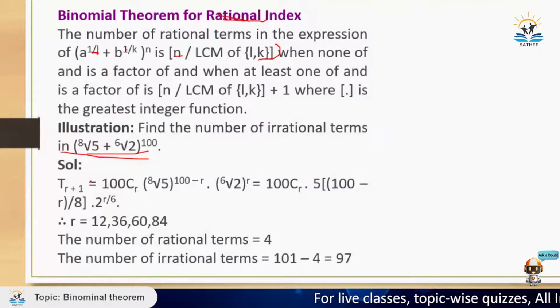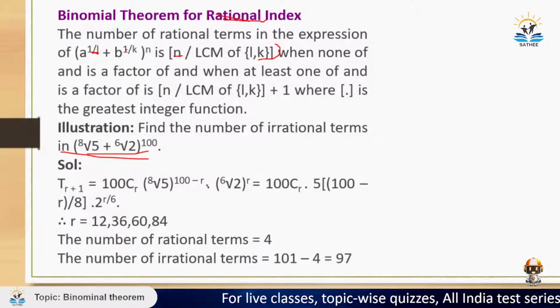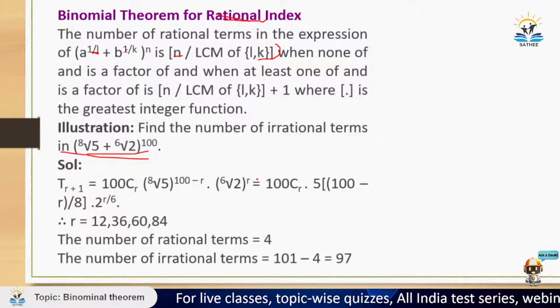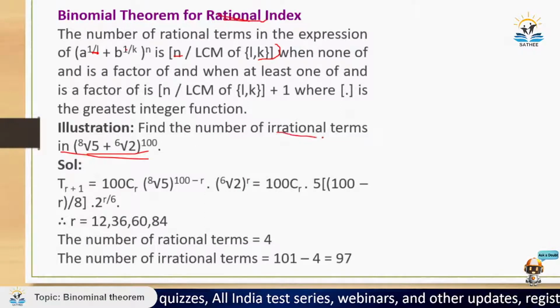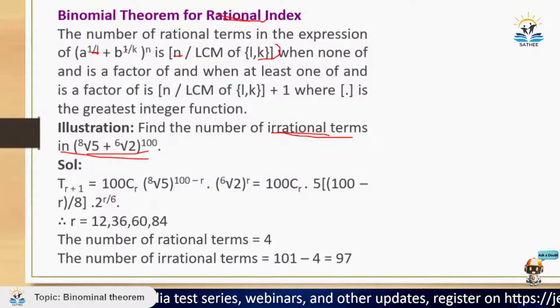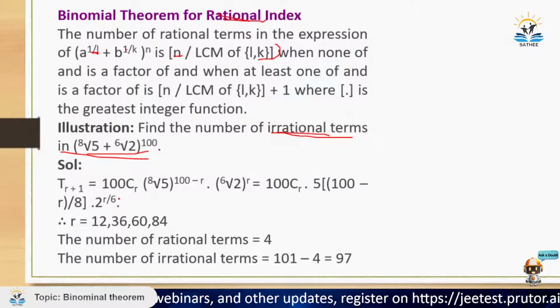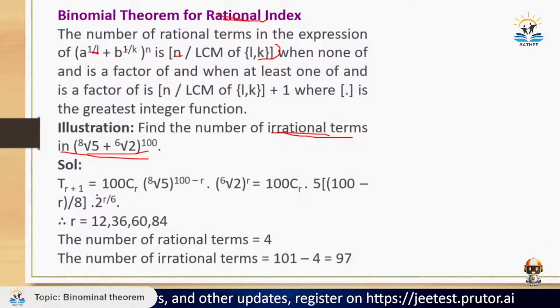इसमें कितने irrational terms बताने हैं, तो मैं जनरल टर्म लिखूंगा। जनरल टर्म इज नथिंग बट T(r+1) = nCr x^(n-r) y^r। तो वहां से मुझे मिलेगा 100Cr 5 इंटू दिस थिंग, मतलब मैंने उसको ओपन कर लिया। सो यहाँ से मुझे क्या मिल रहा है, मेरे को बताना है नंबर ऑफ इरेशनल टर्म्स। इरेशनल टर्म्स क्या होते हैं? जहाँ पे मेरे को रूट मिले, रूट कटे ना बेसिकली। तो रूट कब कट जाएगा? जब r 12 होगा तो y will get 2 squared, जब r 36 होगा देन आई विल गेट 6 टू पावर 6।